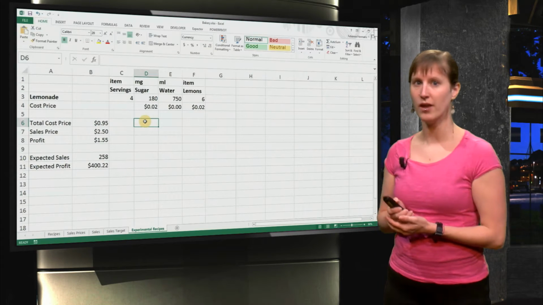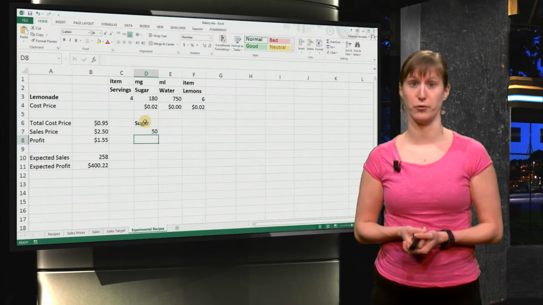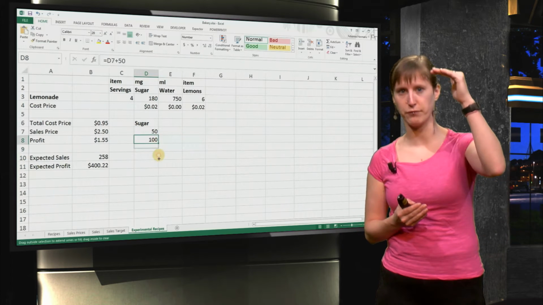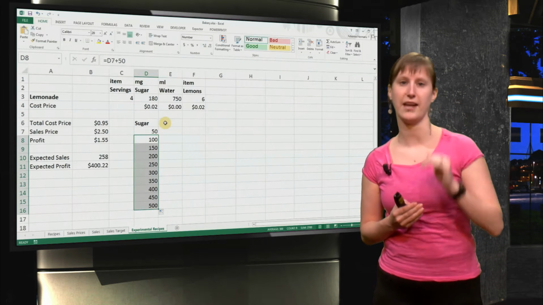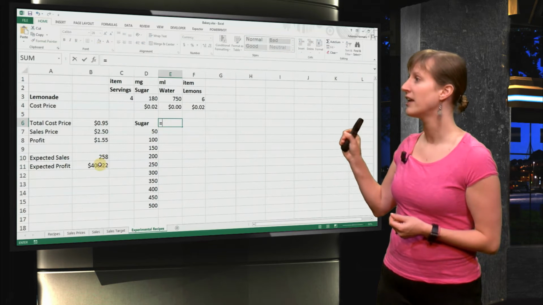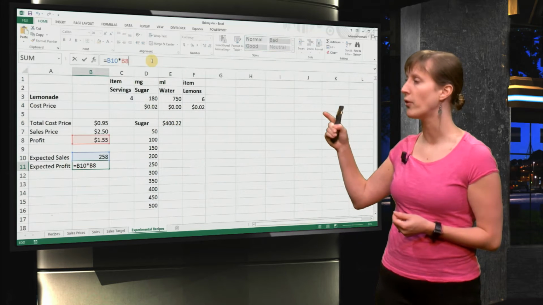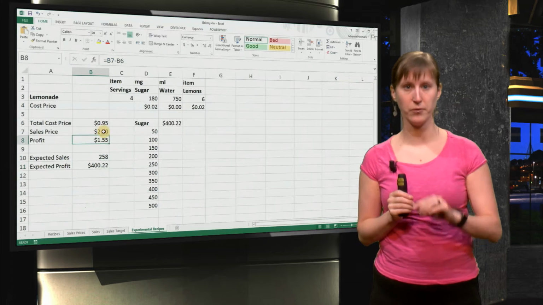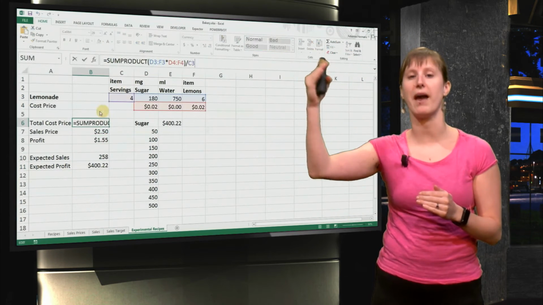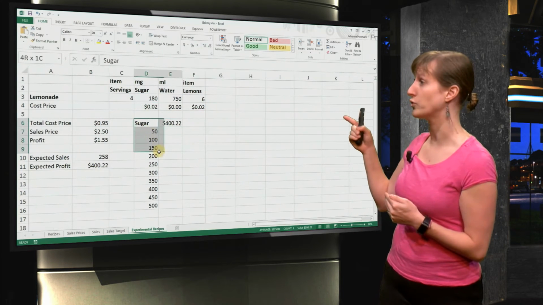table. What we first need to do is decide on what options we're going to try for sugar. So let's say we start with 50 and we do increments of 50. So we get 50, 100, 150, etc. What we do next to the sugar, and it has to be there, is we take the value that we want to analyze. So we directly point with an equal sign to the value. And that, of course, has the whole trace of precedence all the way back to the value of sugar. So if we change the sugar, then that value will also change.